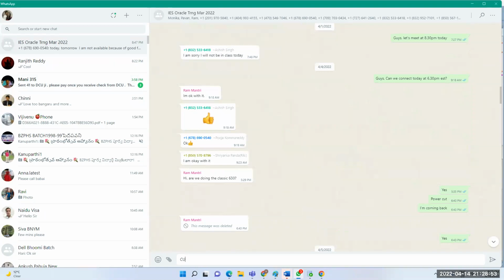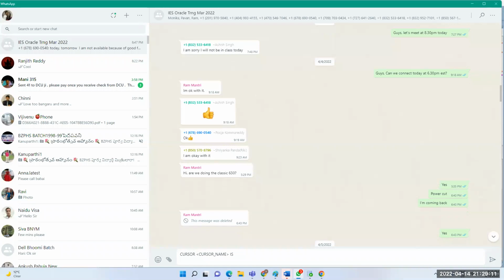Cursor, cursor name. You can simply copy and paste over here. Cursor name and select query.